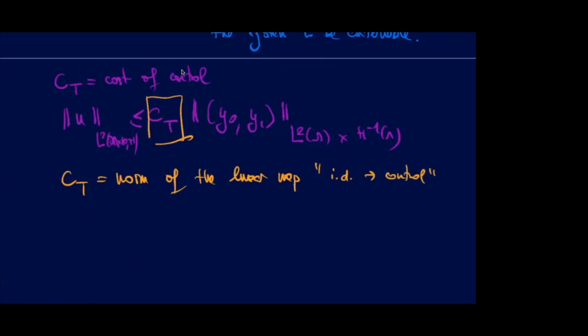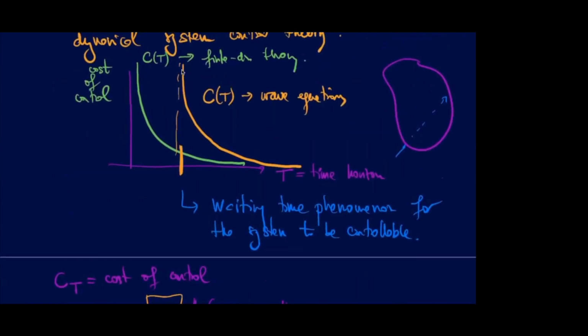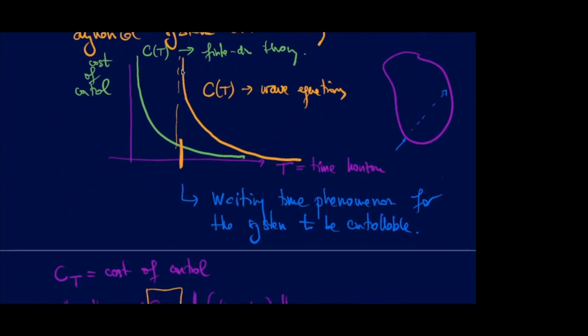Okay, so it's a very natural way of analyzing whether a system is controllable or not, right? It's like if you tell me, can you drive from Changchun to Beijing? Then of course you can, there is a highway, right? But now there is a cost of control. It would take you, we will see later, maybe 9 hours driving. So this is the cost. The cost is 9 hours in that case.